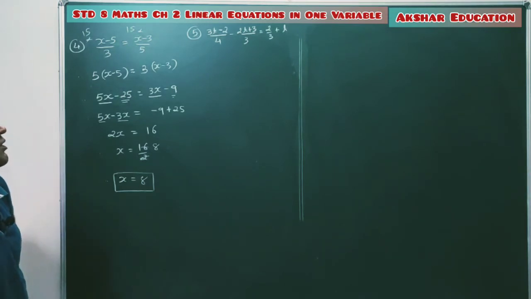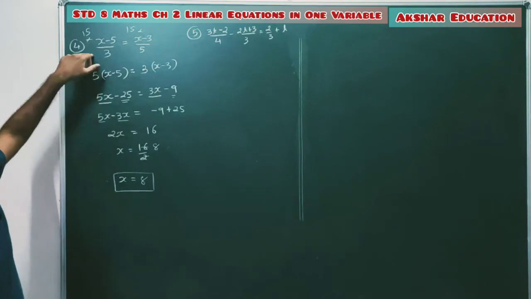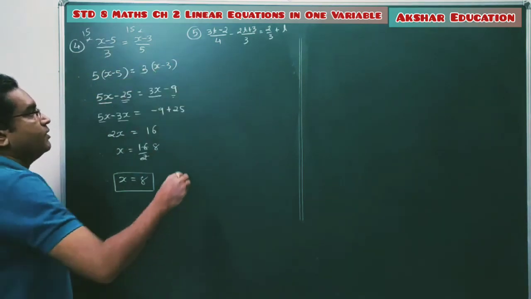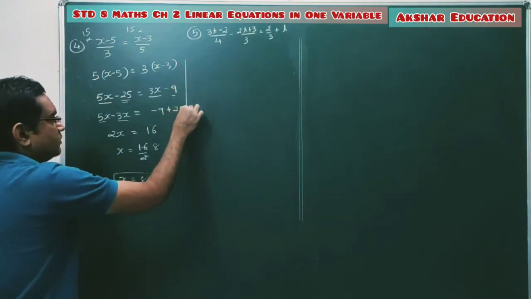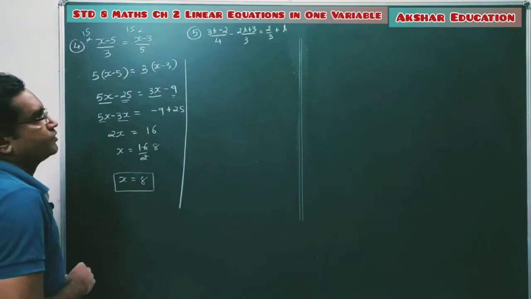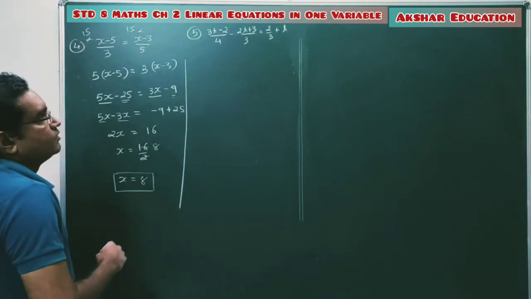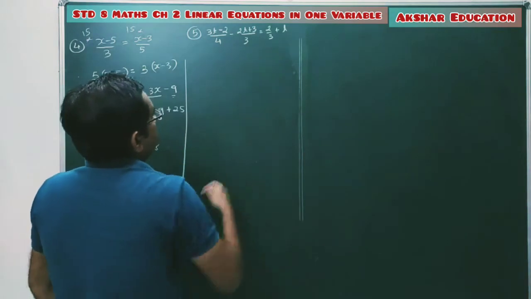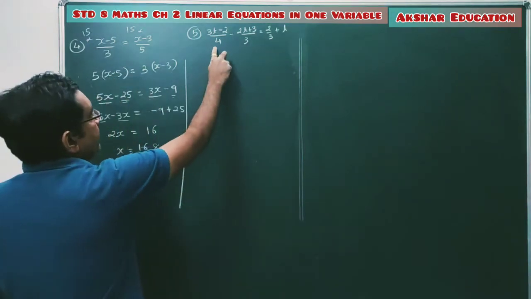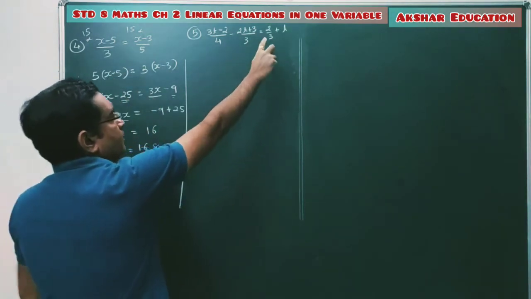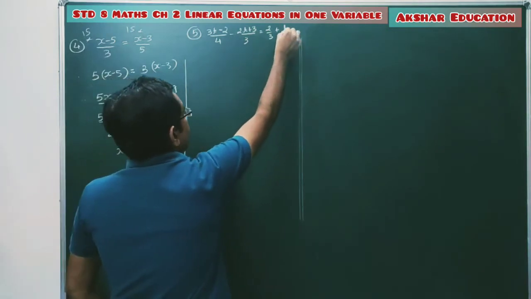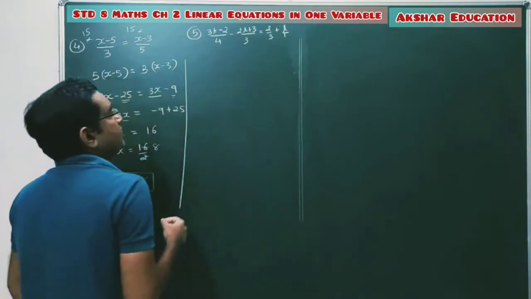You have to solve this equation. This is the equation in variable x and this is the equation in variable t. So how will we do this equation? 1 2 3 4 terms are there. So first we have to simplify the terms on the left hand side and the terms on the right hand side. Here t is there, so in the denominator we can take 1 as LCM.